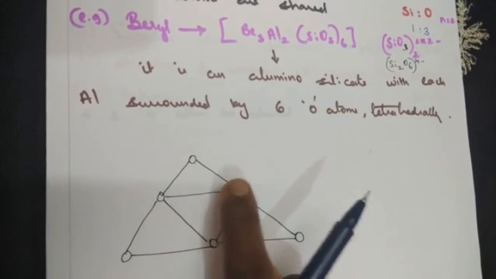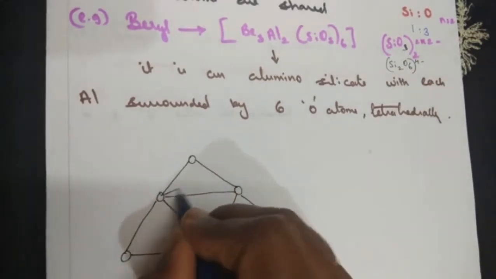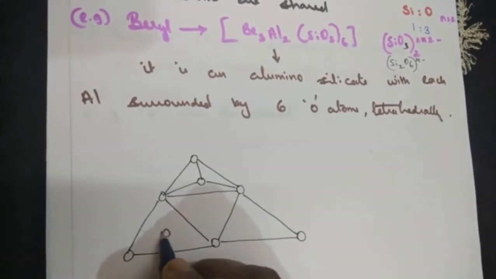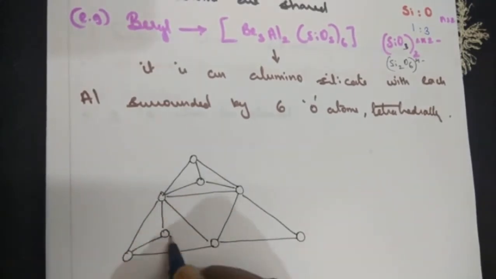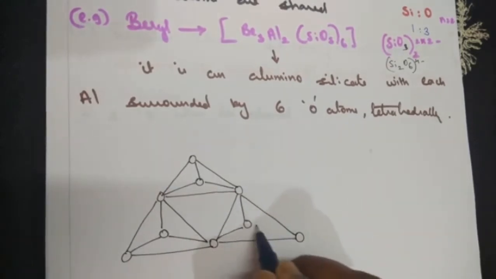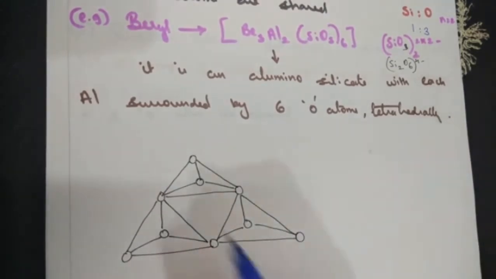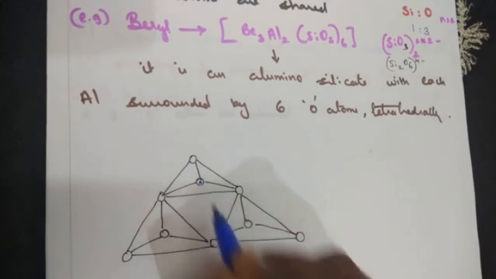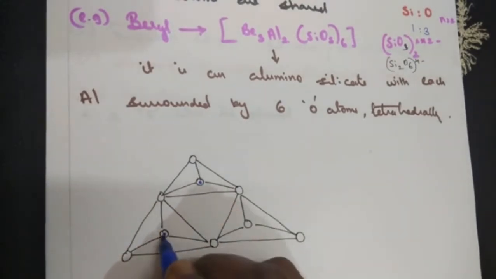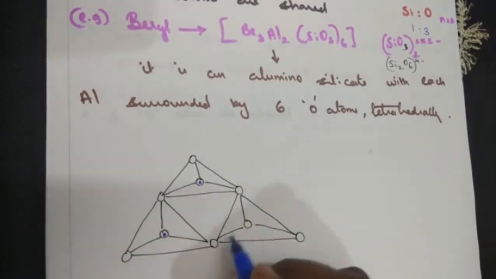Now we have one oxygen behind the plane. Let's mark it. Similarly for this unit, one oxygen is behind the plane. Similarly for this unit, one oxygen is behind the plane. Now each oxygen unit is surrounded with a silicon, bonded to silicon. Silicon bonded to 3 oxygen. Silicon bonded to 4 of its oxygen.